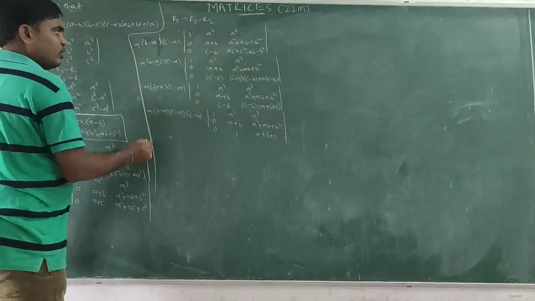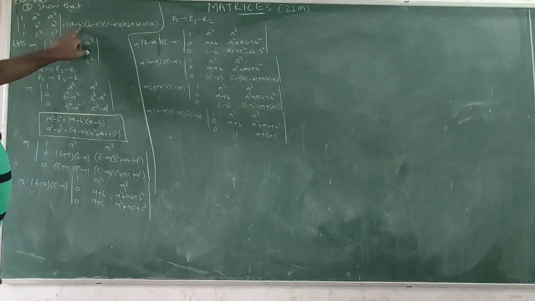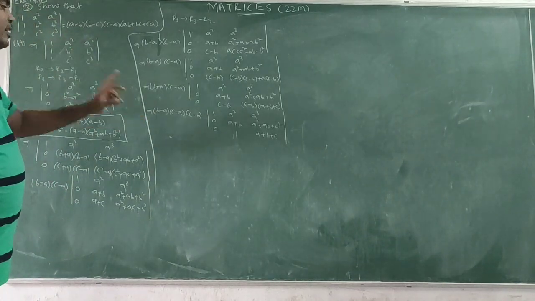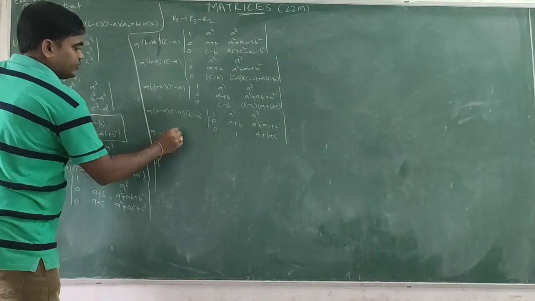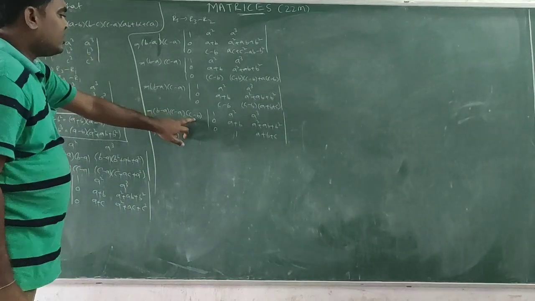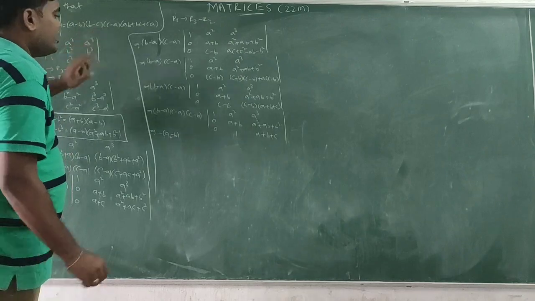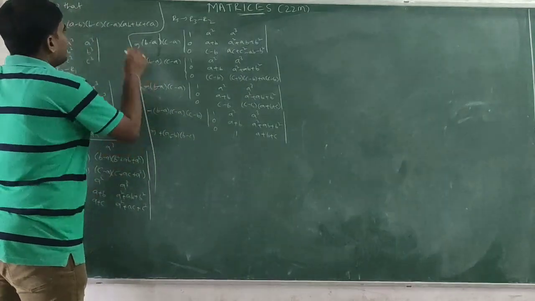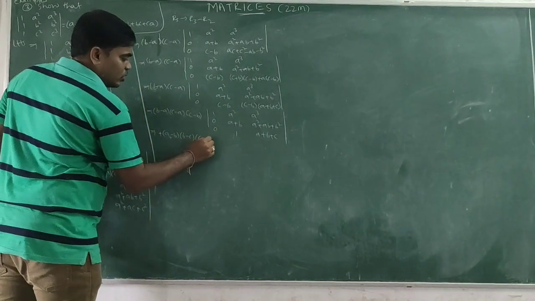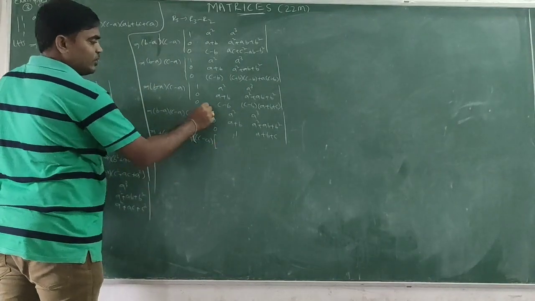Now, actually we need to prove A minus B. Here it is B minus A, so I am taking minus common, A minus B. Next C minus B, but we need B minus C. Again minus common, B minus C. Minus into minus plus, C minus A as it is. So next I want to simplify this one.